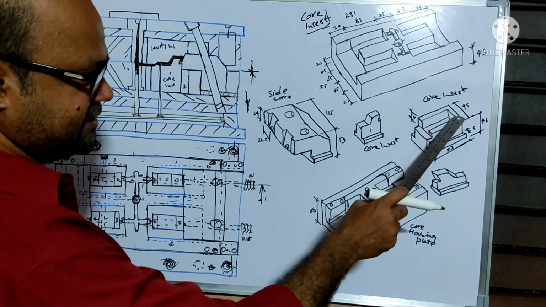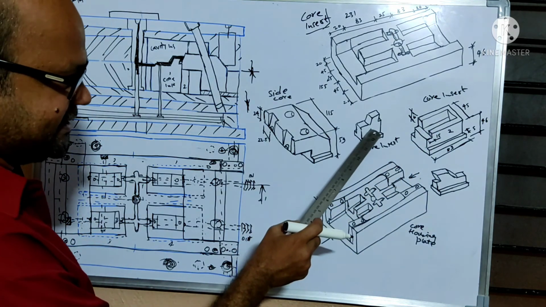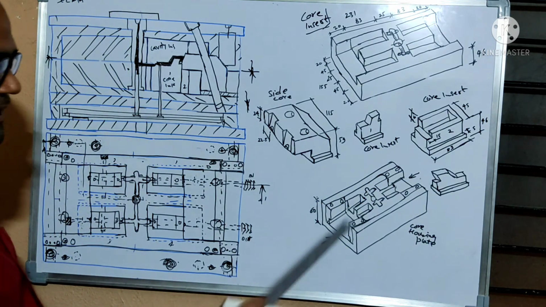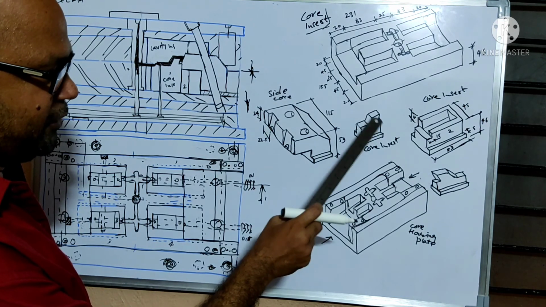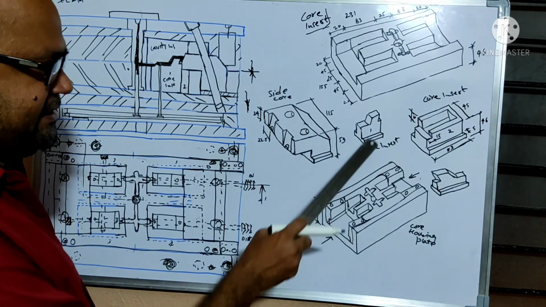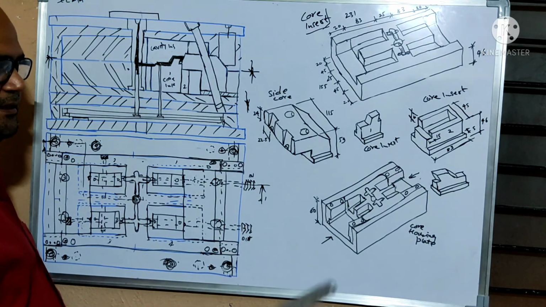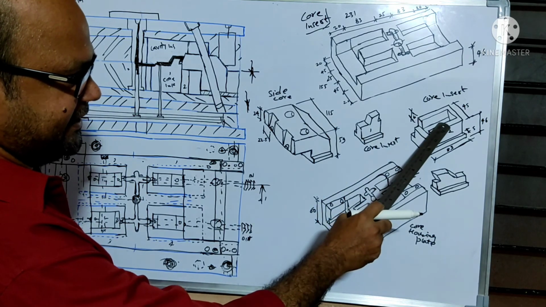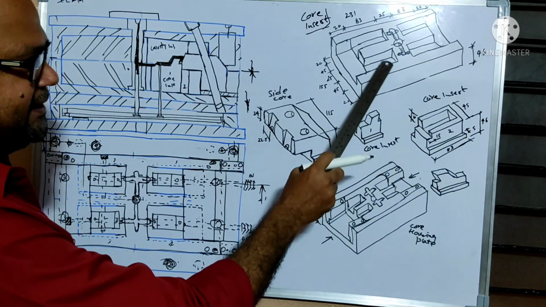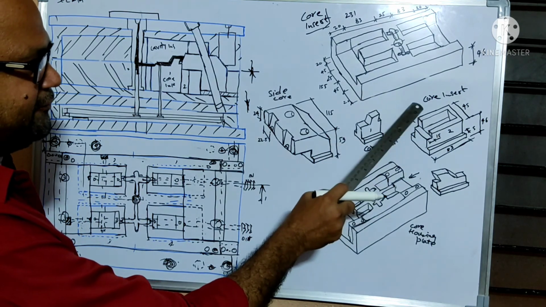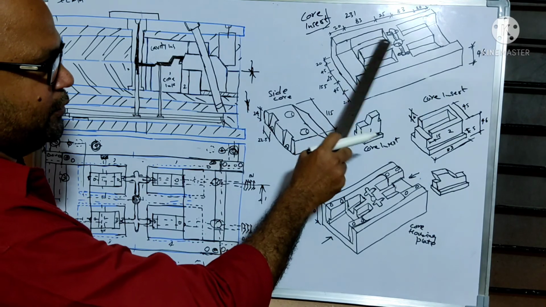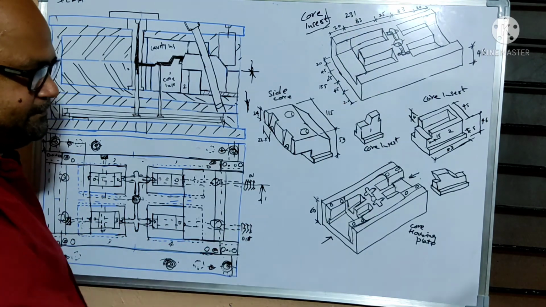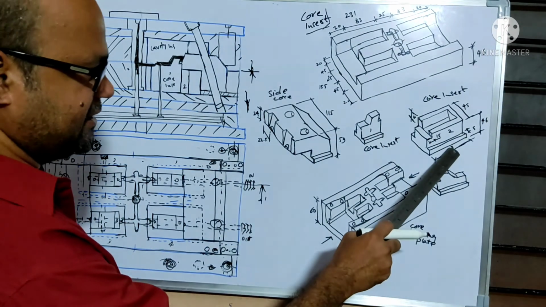You are observing this one. In this slot or pocket, you have to place this one insert. This is the insert that matches the component, means by adding the shrinkage, this insert is made. This core insert will be placed here, and this assembly will be placed in the 4 slots, 4 pockets. 1, 2, 3, 4. Okay, I am giving the dimensions also here.